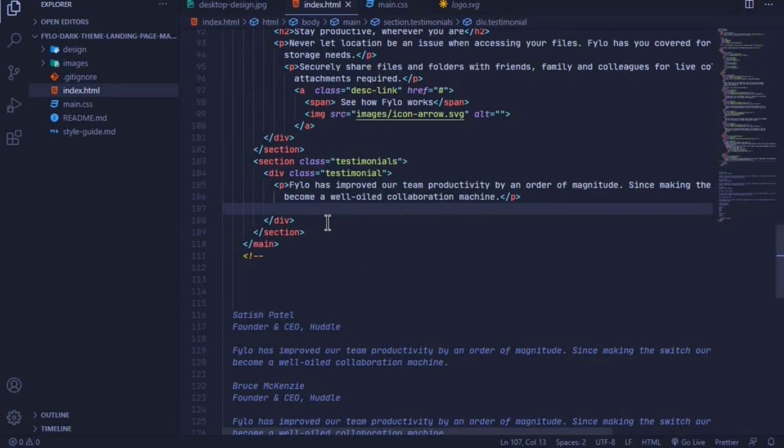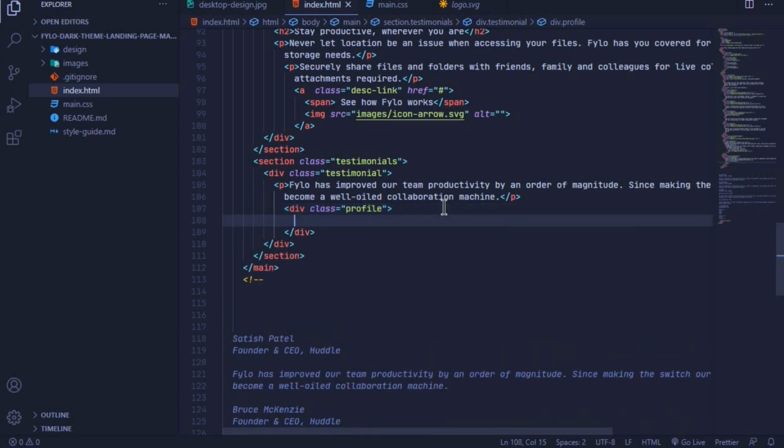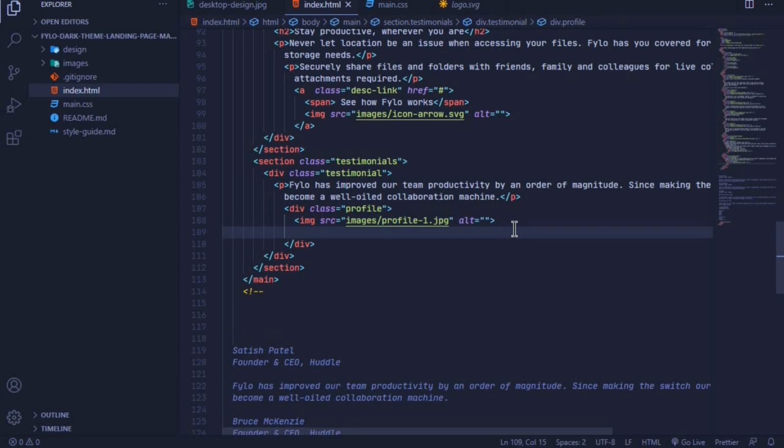So right here, I'll add a div with a class name of profile, and then inside this div we will have an image, and the source of the first testimonial is images/profile-1.jpg, and then I will add another small div right here